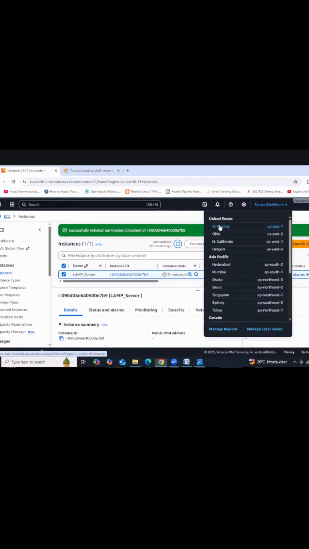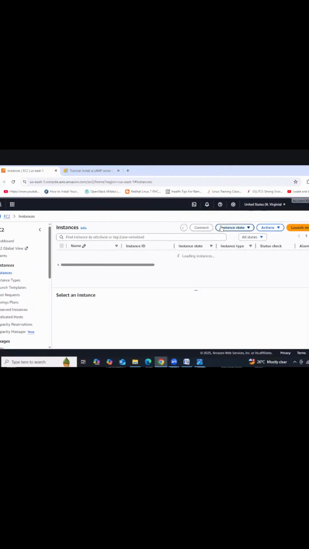In our account, we have the Europe region, right? If you want, you can select Europe instead of North Virginia, your wish. I'm using North Virginia now. Got it, guys? Log in to your AWS console and then according to your requirement, select the region. Okay. So in this region, by default, you have a VPC.